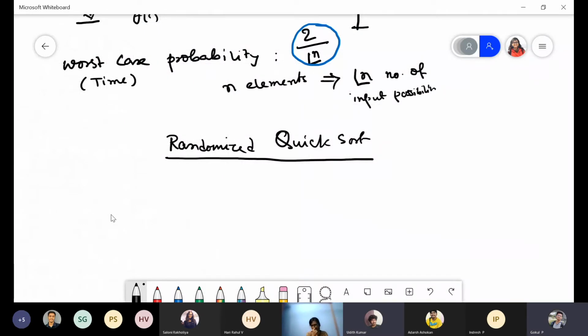Are you sure that there are only two worst case possibilities and those two are only when there's ordering? What if it is completely ordered except for two elements? That will not give you this. Even that is almost similar to quicksort, but that will not give you the worst case. You can be sure of it.